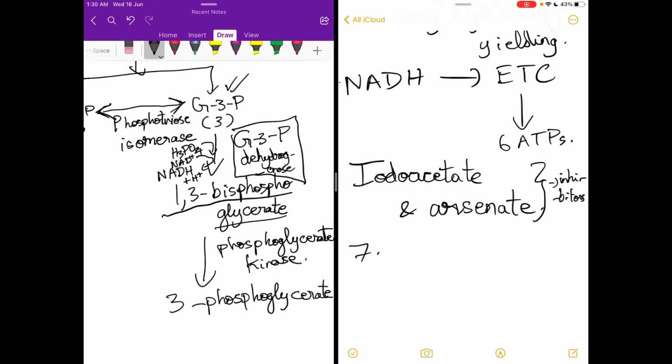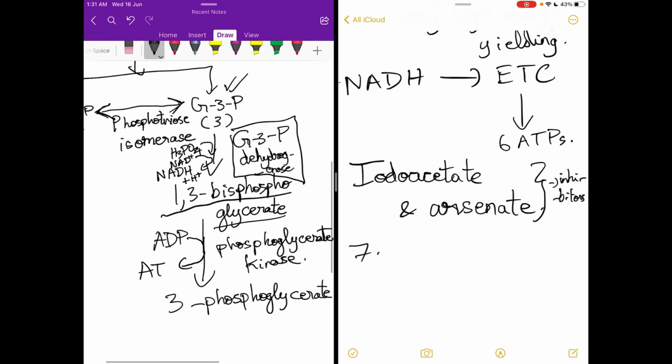So now where does that phosphate go? That is being carried by ADP. The phosphate which comes from this 1,3-bisphosphoglycerate along with the ADP forms ATP. So in this one step alone, one molecule of ATP is directly obtained, compared to the sixth step where we produced NADH, which will eventually form 6 ATPs. In this one step, there is a direct formation of one molecule of ATP. This reaction where ATP is formed directly is called substrate level phosphorylation.